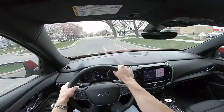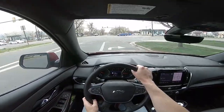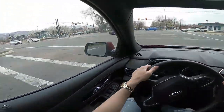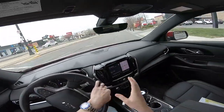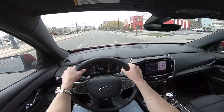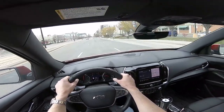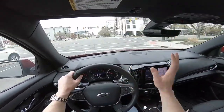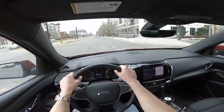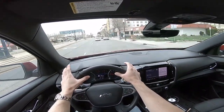Now let's talk about ride quality, comfort, and interior cabin noise. And I gotta say, this is something that I applaud Chevy because I had the same compliments when I reviewed the 2022 Equinox. Yeah, this has plenty of power. Anyways, coming back to the ride quality and cabin noise, this vehicle rides better than you would expect for